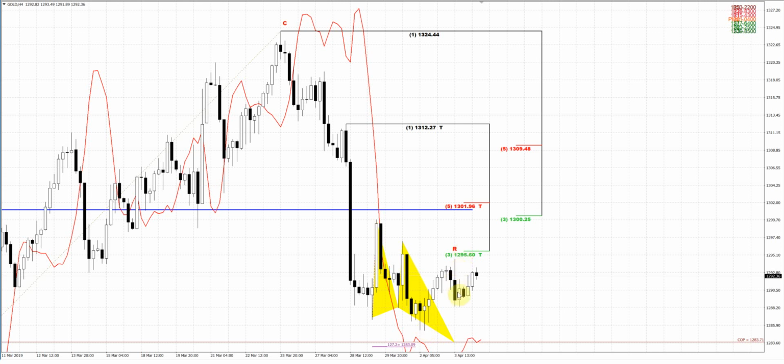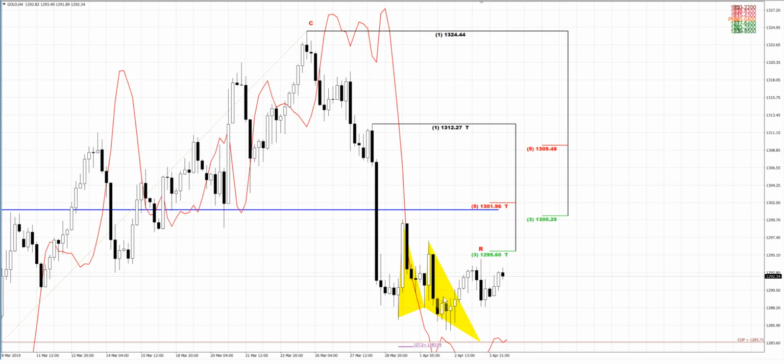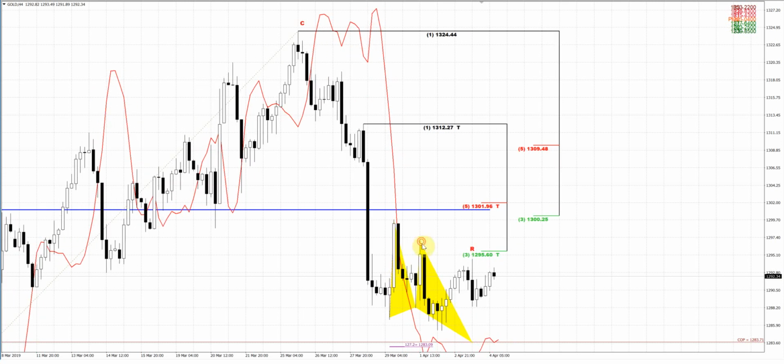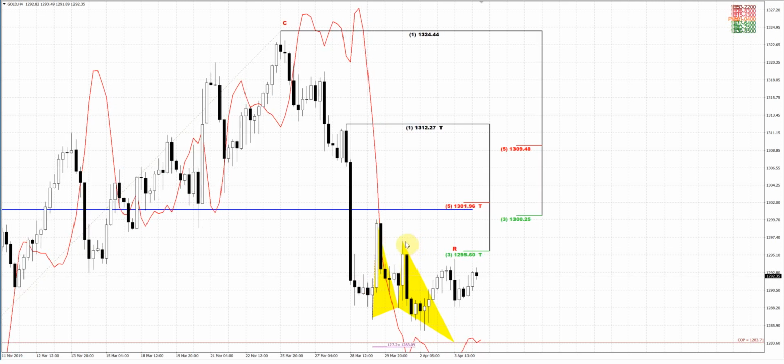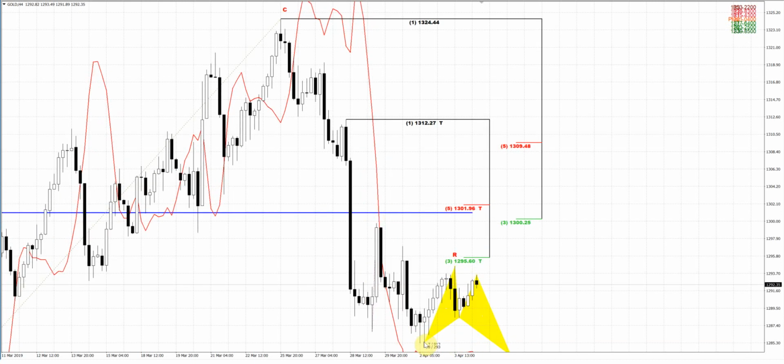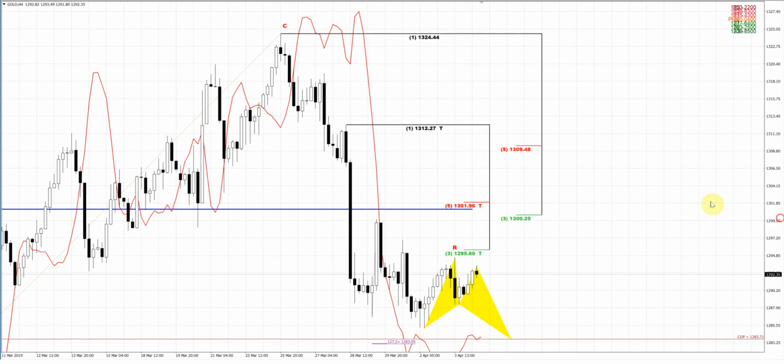Here, you can also see that another butterfly could be formed, with possible reaching of the target. It could become the left wing, or the start of the right wing, because our initial butterfly that we were talking about was not completed. From that standpoint, we could probably watch for another butterfly, something of that sort. So another minor butterfly could be formed here, but the target will be approximately the same. On the hourly chart,